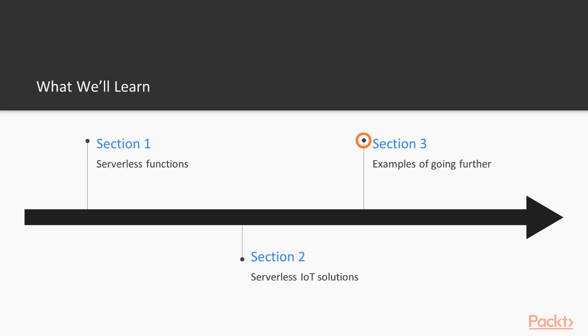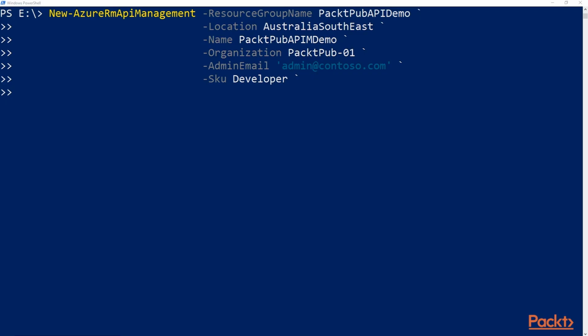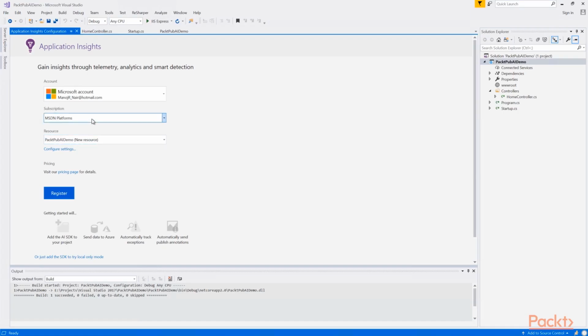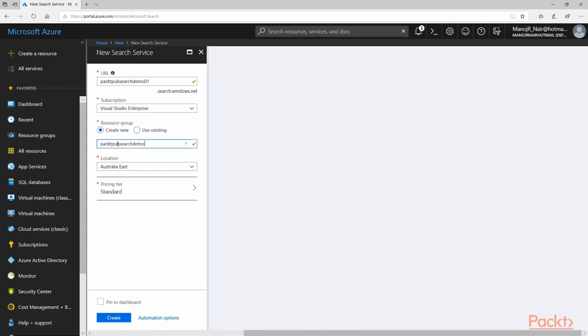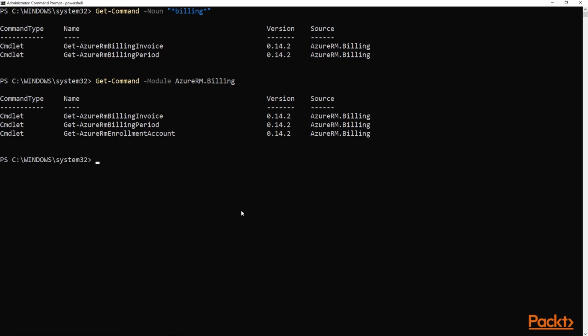In the final section of the course, we will look at some examples of going further. We will learn about Azure API Management, see how it can be leveraged to offer a proxy for your backend APIs, talk about Azure's application performance management solution, which is basically enabled through Application Insights, learn how to integrate Azure Search in your applications, and finally talk about Azure billing and how to get billing data via the RESTful APIs Azure